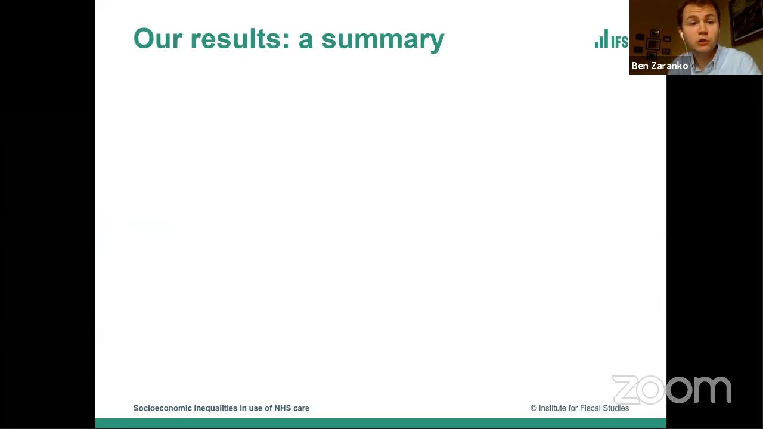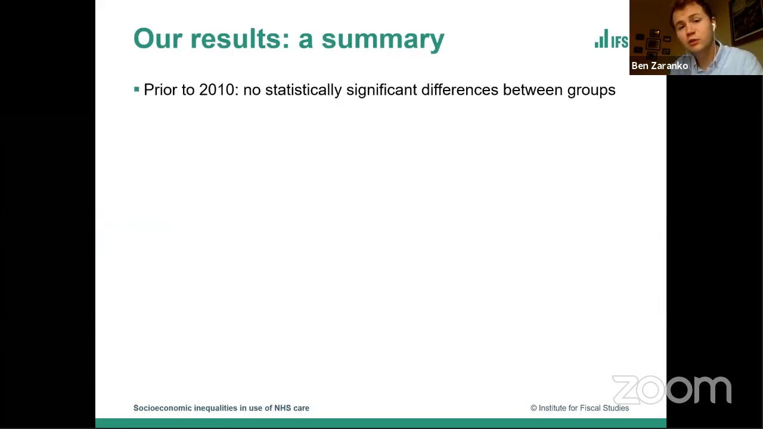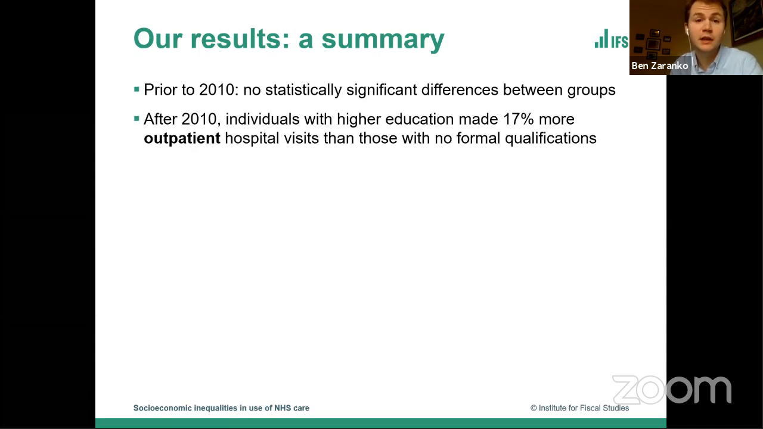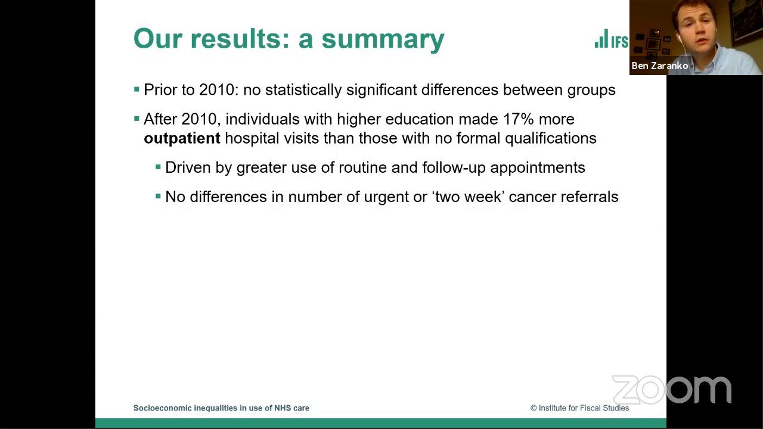To summarise our results more broadly, we show that prior to 2010, there were no statistically significant differences between socioeconomic groups, but after 2010, some gaps emerged, and those with higher education are making about 17% more outpatient visits per year. That's driven almost entirely by different rates of use of routine care and follow-up care, as opposed to